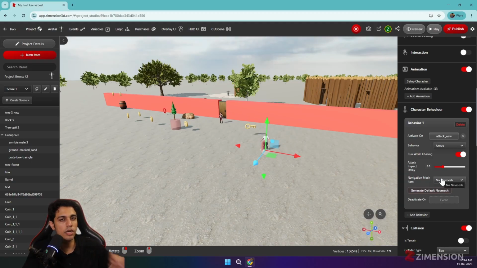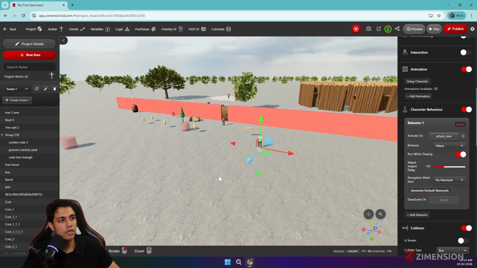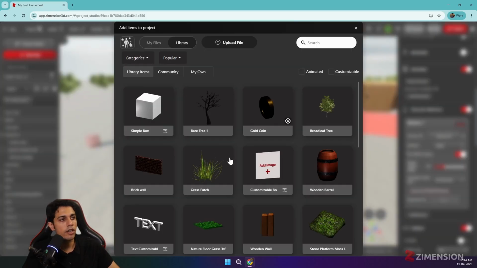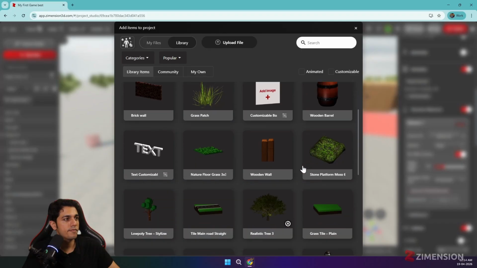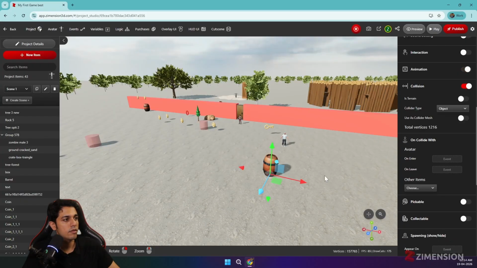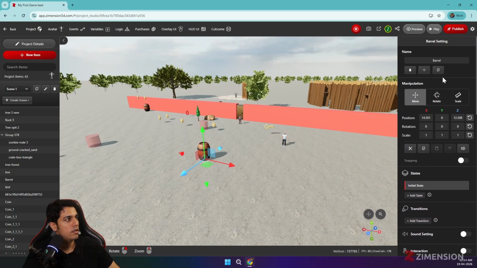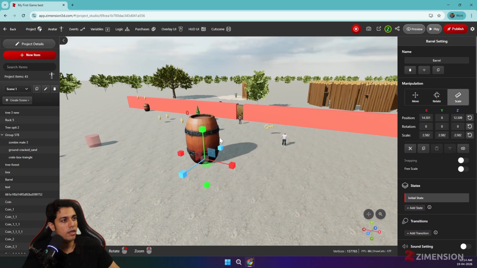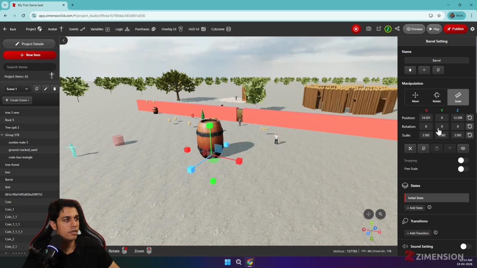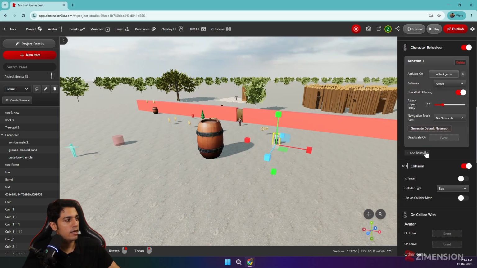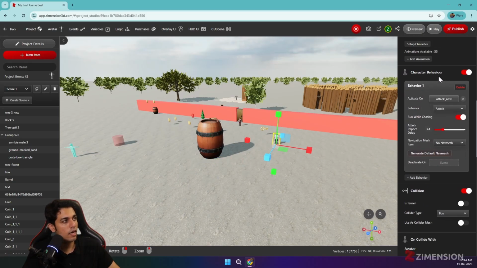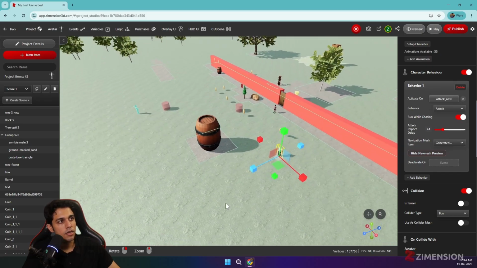You just have to name the nav mesh properly, or you can generate a default one which will generate a nav mesh based on whatever objects are there inside the world. Okay, let me add something very simple. Let's add a huge barrel. We'll just scale it like this so that we can take cover when he's attacking. And then again I'll click here, and in character behavior I will click on generate default nav mesh, and if I preview, it will show me this